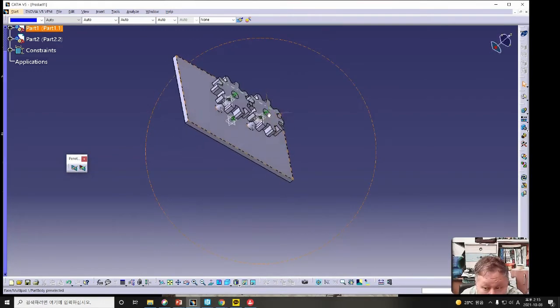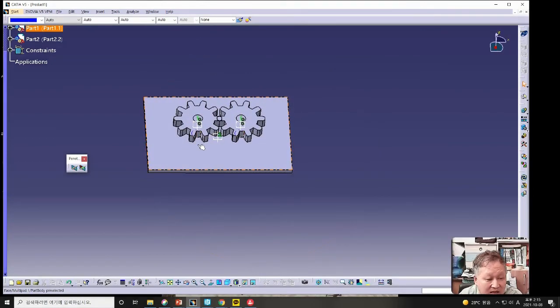And in this case, after opening the menu using the assembly constraint conversion under the anchor shape, click new mechanism. New mechanism is placed in this part. Therefore, we should